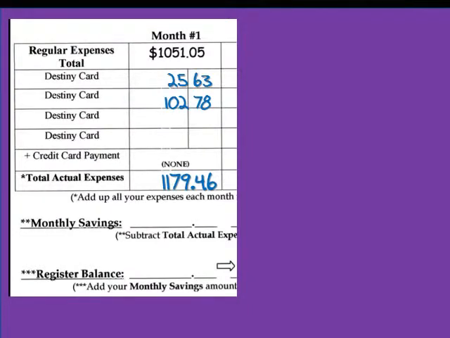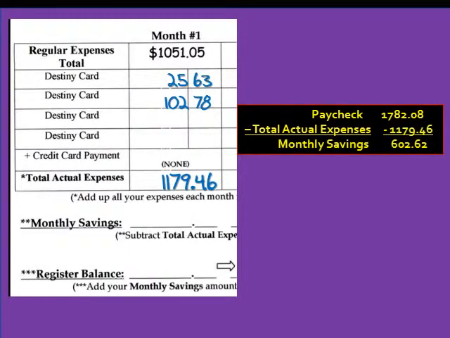Next on our expense sheet, we need to determine what our monthly savings have been. So we need to take our paycheck of $1,782.08. We need to subtract our total actual expenses. That's everything we just added up, and that's our $1,179.46. That leaves us with a monthly savings of